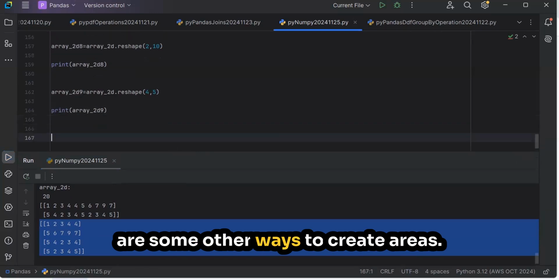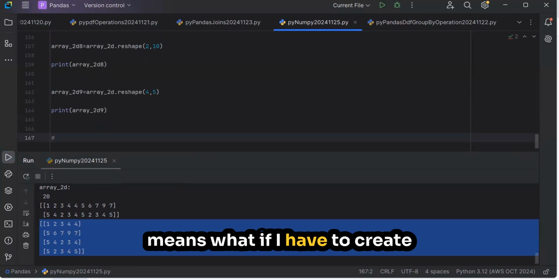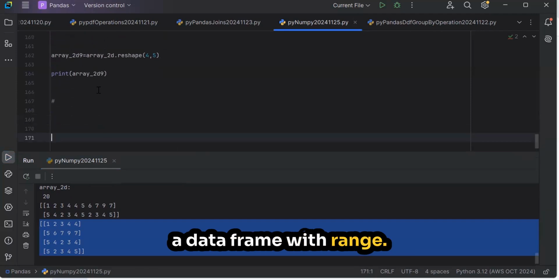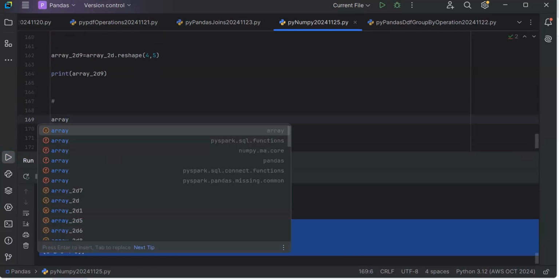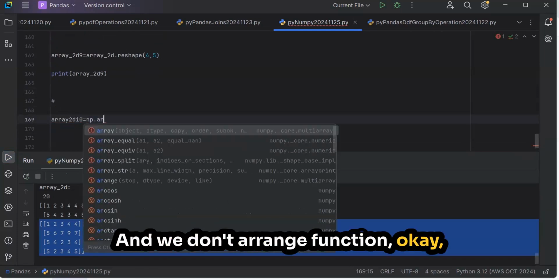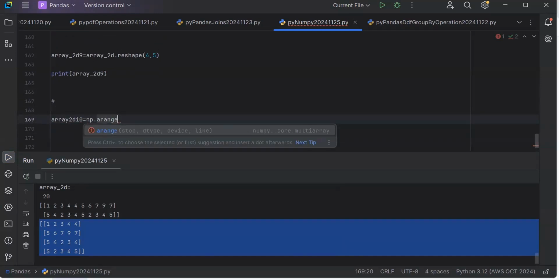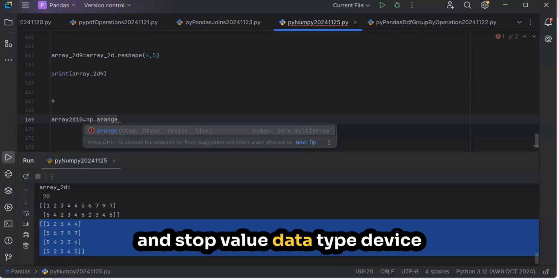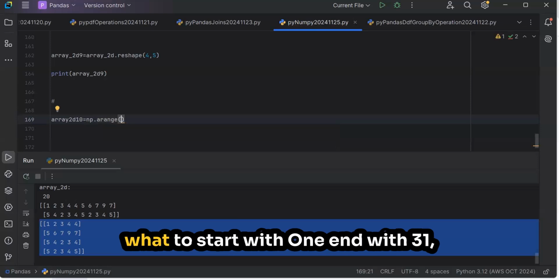Again, there are some other ways to create an array as well. When I say other ways, what do I mean? If I have to create an array with a range, we can do this. array_2D10 is equal to np.arange function. Are you able to see this arange function? It takes start, stop value, dtype, device, and like. So if I give start with